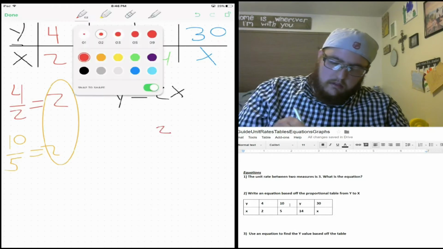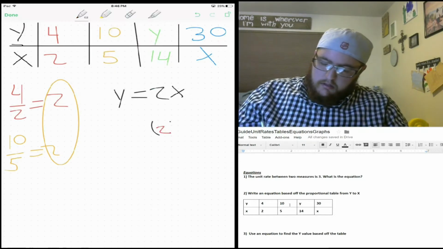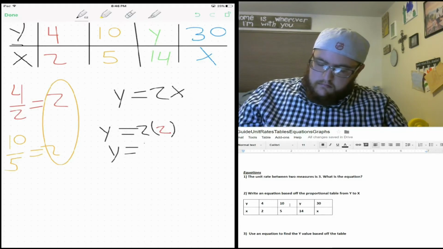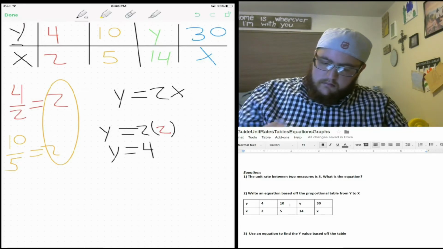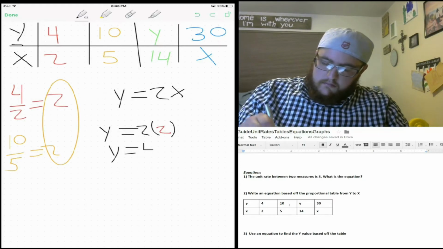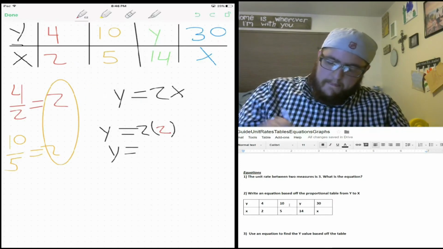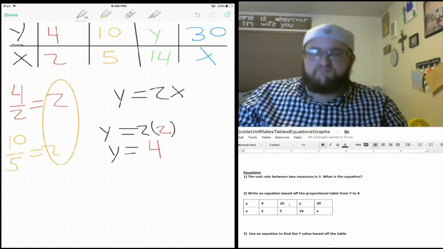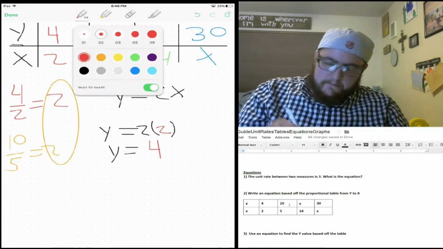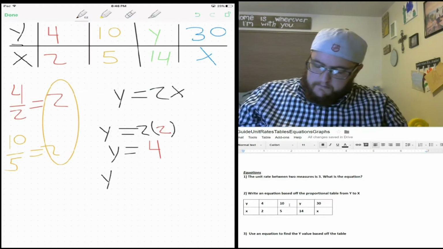I'll go ahead and show this, matching the colors. So if we plugged in 2 for the x value and multiplied it by 2, we would have y equals 4. Oh, I think I should make that red since it matches the point. There we go. Now, alternatively,